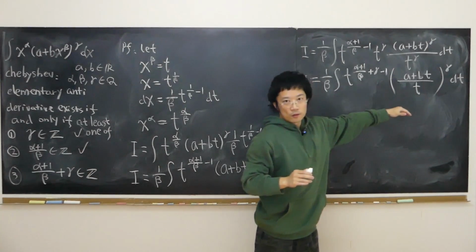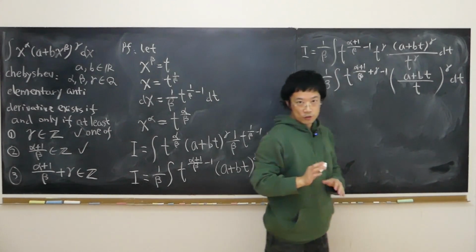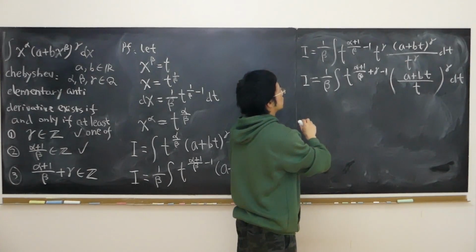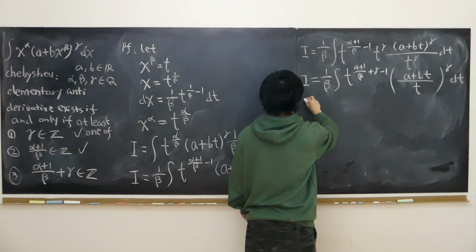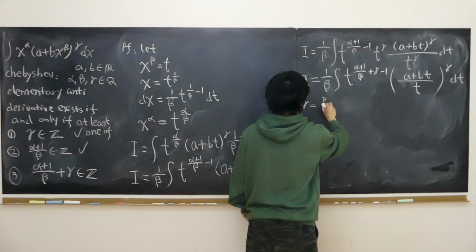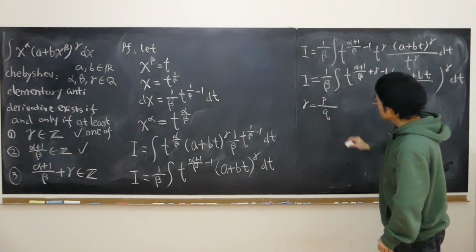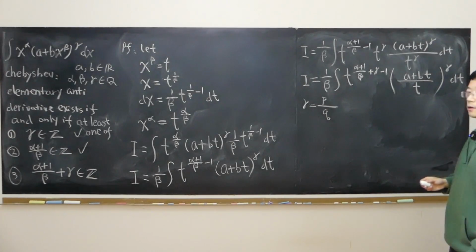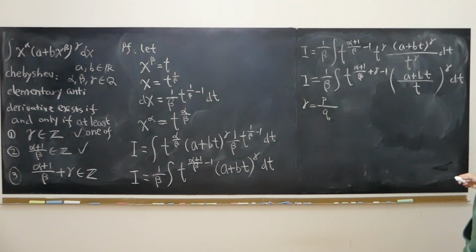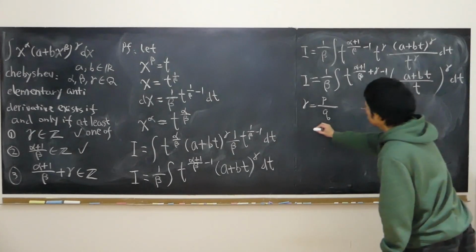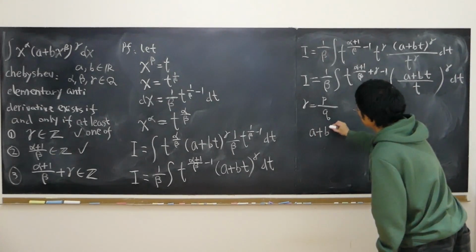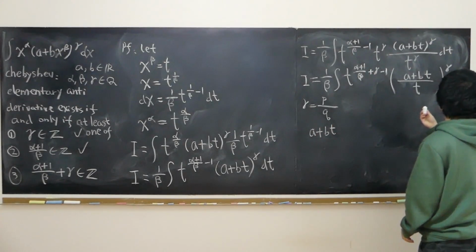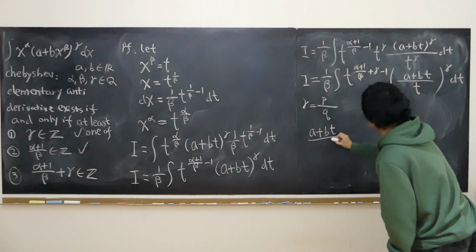In the worst case scenario, if gamma is some rational number, like p over q, where p and q are both integers, what can we do about this? Again, likewise, the old method. Let's just let a plus bt over t